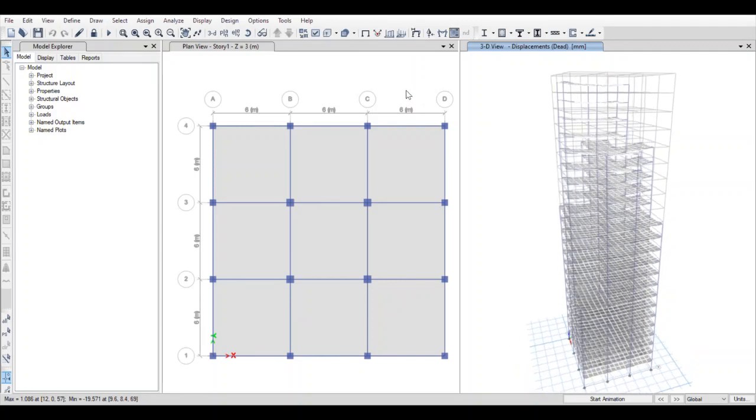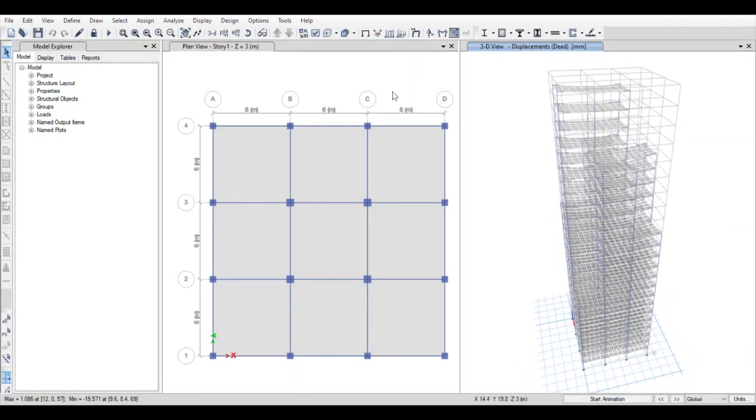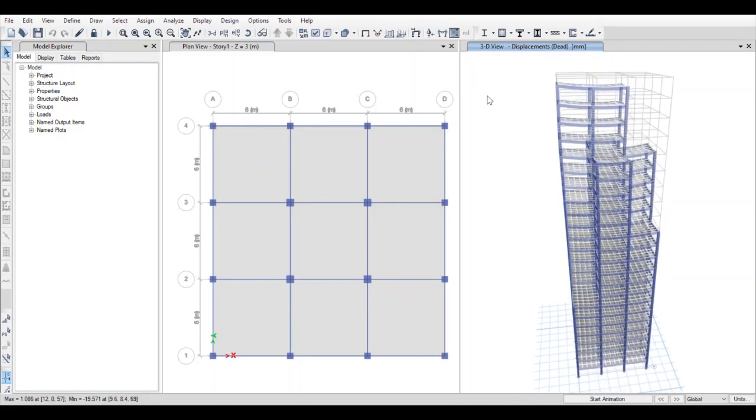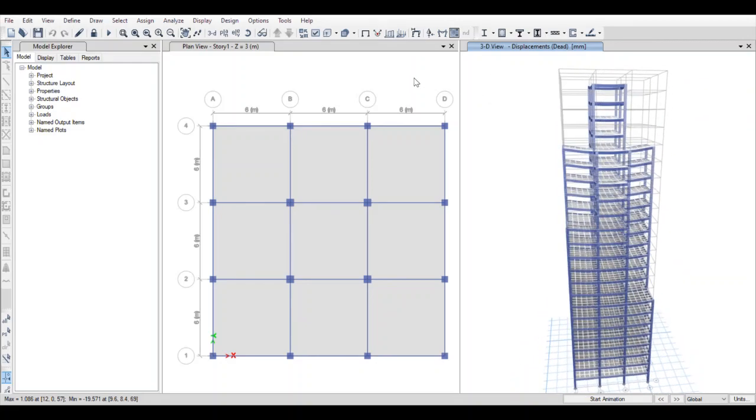Now I'll use extruded view for frame objects so that the elements are highlighted and you can see properly how the beams and columns are behaving under the different loads which we have assigned to them. As you can see, whenever you hover your cursor over the different elements, it will show you the displacement values. Once you right click on any element, it will show you the displacement values of the particular point which you have selected. Now guys, let's go to design.